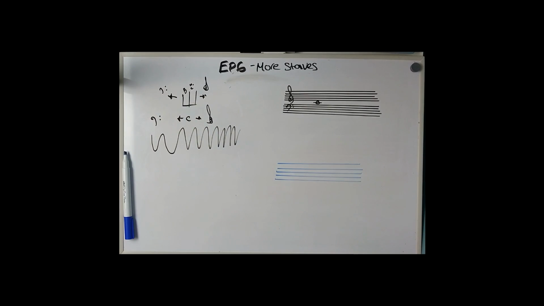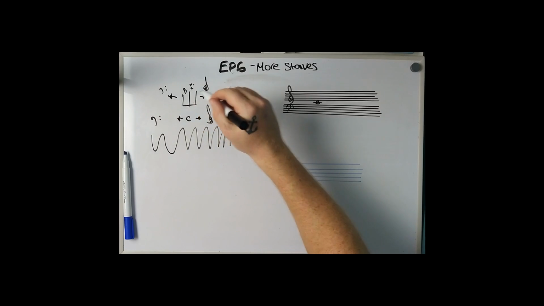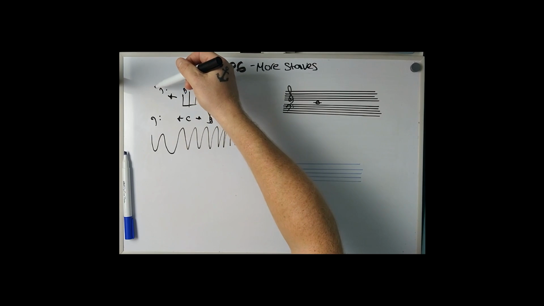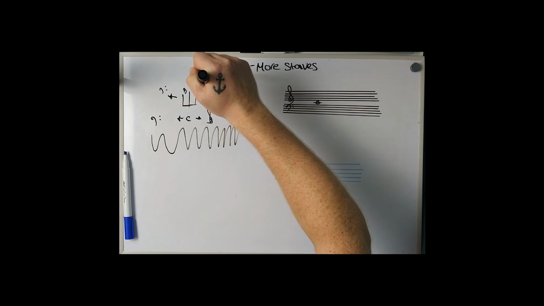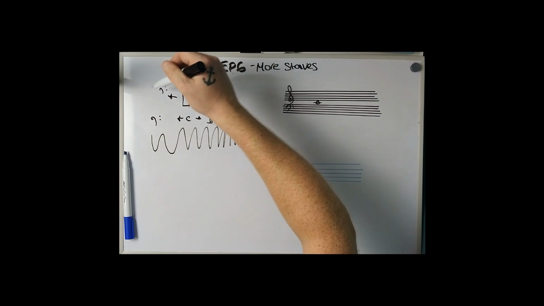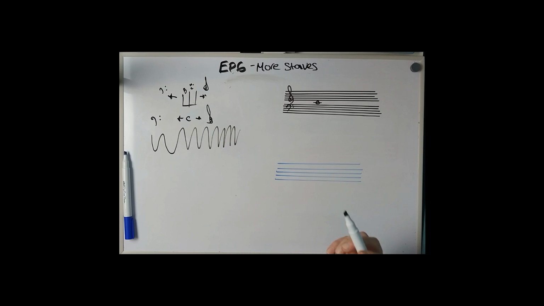But when we're playing the piano, we wouldn't be using that as a cut off. We may want to play downwards here with both hands, so we would be then using ledger lines to make this go further down. For example, I play bass as well, and